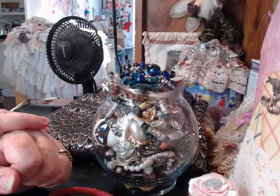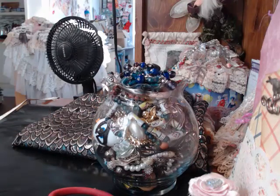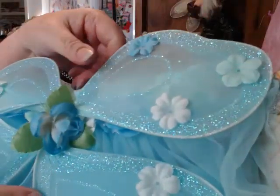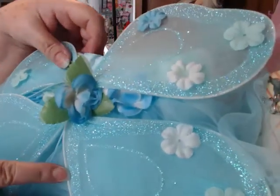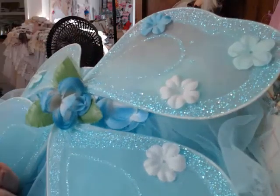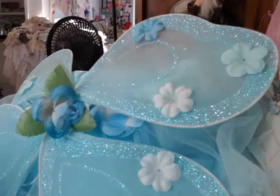If you want that cute little skirt with the angel wings, it is $5. So sweet. So anyway, you let me know about that, and thank you all for watching,